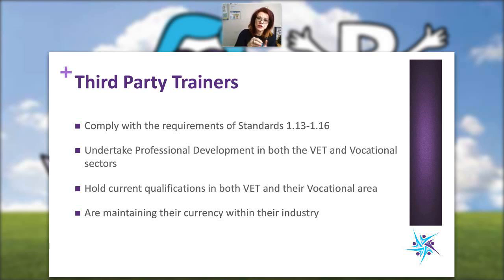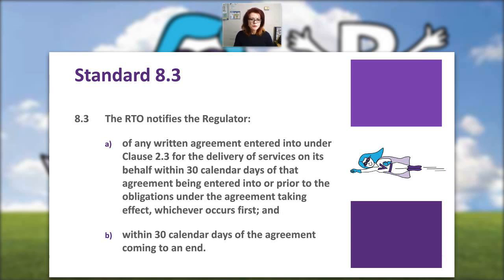You need to ensure that the childcare trainer is current in the industry. So currency means they've been in the industry and have current skills within the last 3 years. That's a general rule of thumb, not written anywhere by ASQA, but a general rule of thumb. Okay, so that's standards 2.3 and 2.4.